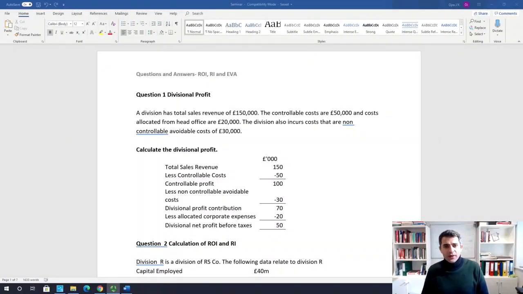So now let's talk about the seminar. Let's start with question number 1. For question number 1, very simple. The question asks you to calculate the division net profit. And as you see, we have the total sales of the division,